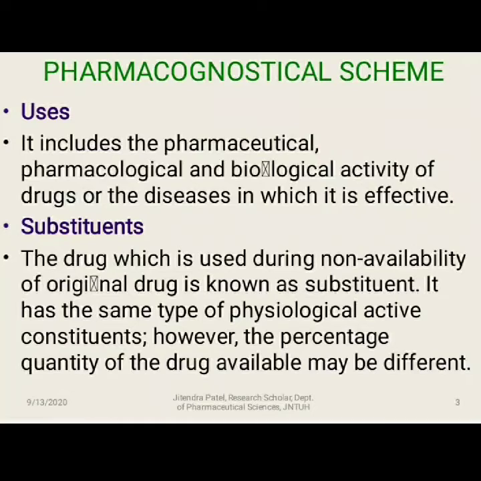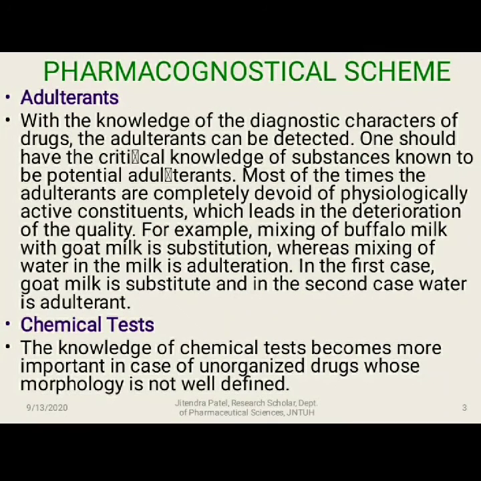Or in the case of fennel, or in the case of naga kesar, or so many other drugs, in the name of the original crude drug, another kind of drug which looks similar is sold, or we consider it to be the original crude drug, completely replacing the original crude drug because of its non-availability or rare availability, right? So that is the substituent for the particular drug. What may be the substituents for the particular drug we are studying, we need to mention under this topic, that is called the substituents.